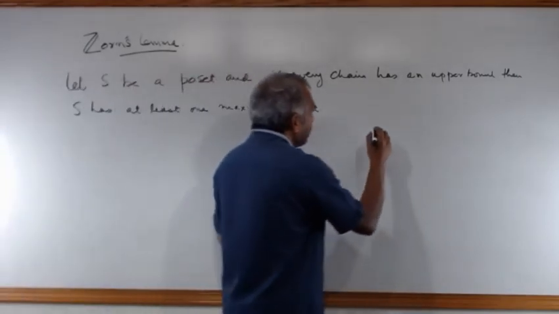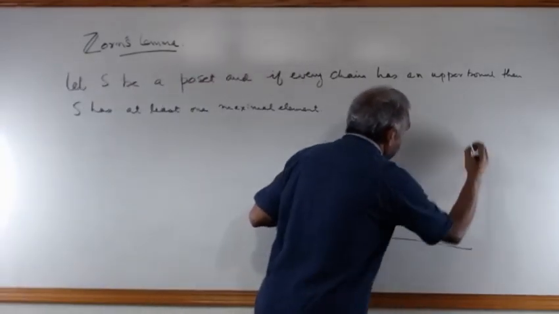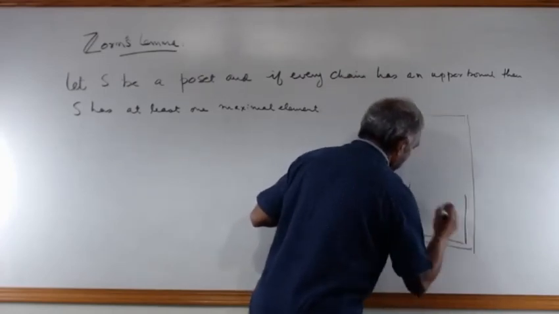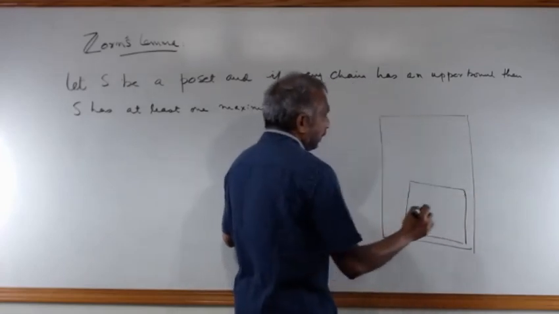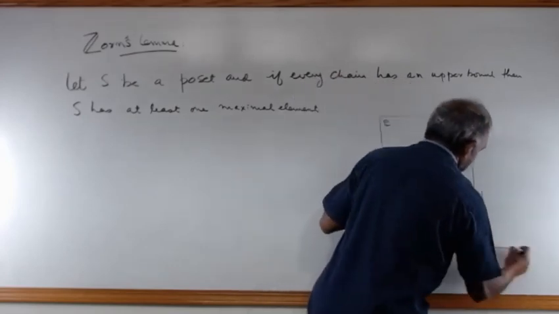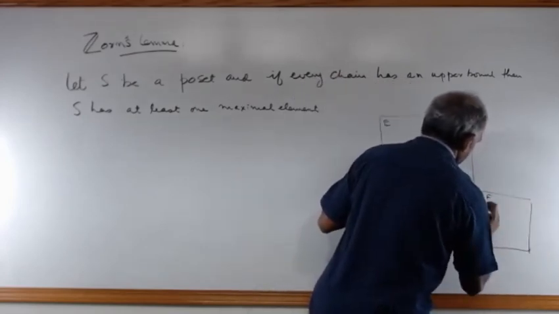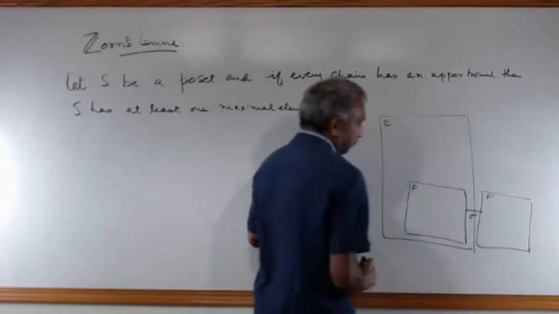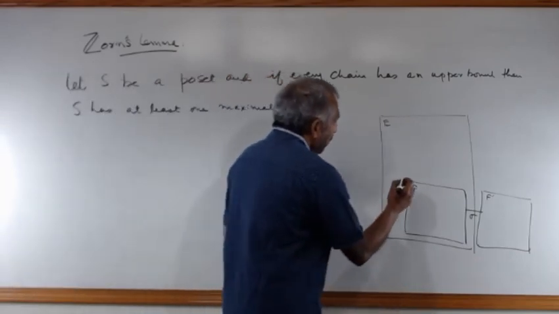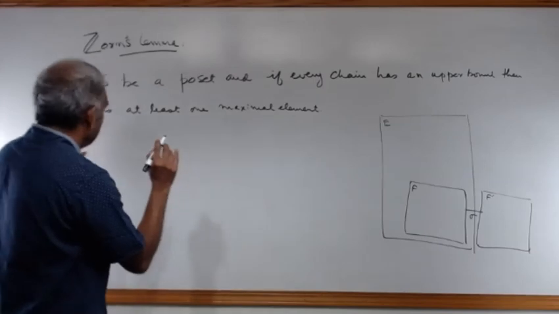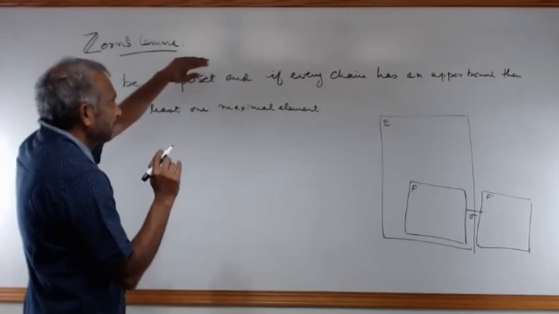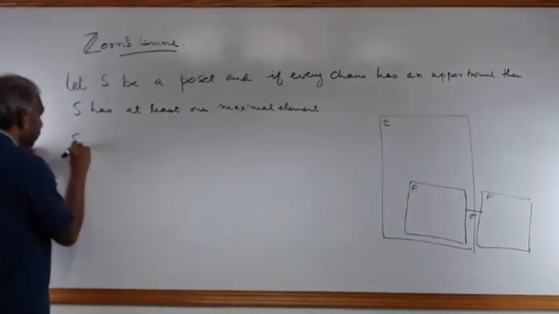So the way we are going to define the poset, there is an F here and there is an F here and we have an F prime here and there is a sigma here. So our poset in proving the isomorphism extension theorem, the S is going to be